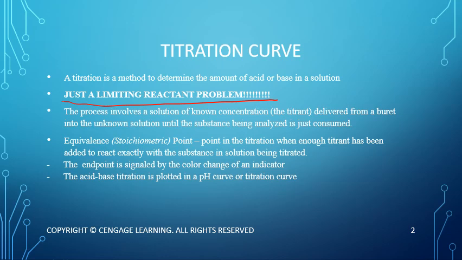A couple of key points during your titration curve. The first one is your equivalence point. It's also called the stoichiometric point. And that is the point in the titration when enough titrant has been added to react exactly with the amount of the analyte that is found within the beaker. The key thing that we can remember with the equivalence point, again, because you're neutralizing the substance, that perfect neutralization between the acid and the base, it's not always going to have a pH of 7. That's where we get into the different types: strong acid, weak base, weak acid, strong base, strong acid, strong base. Those things can change where the equivalence point is located on the pH scale,